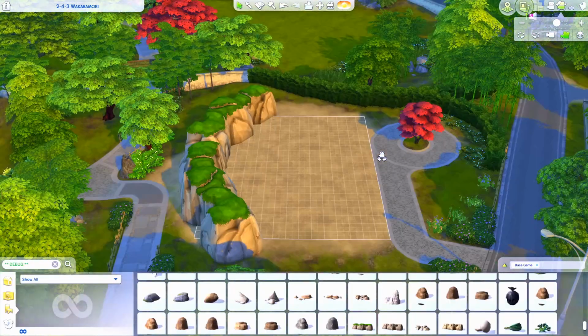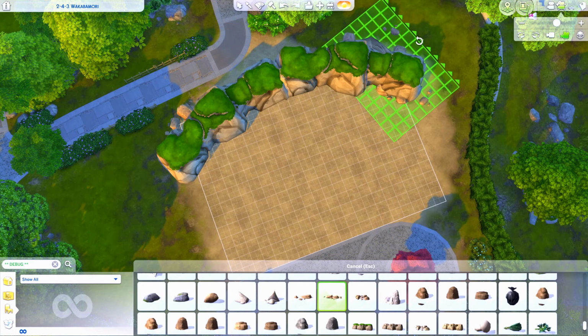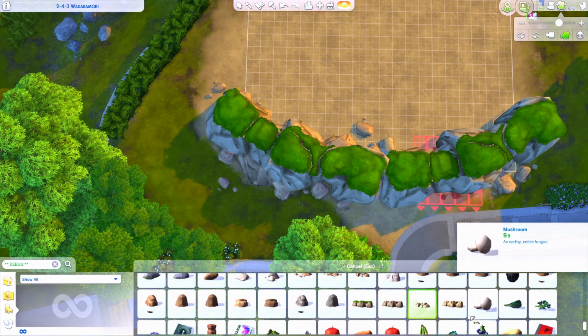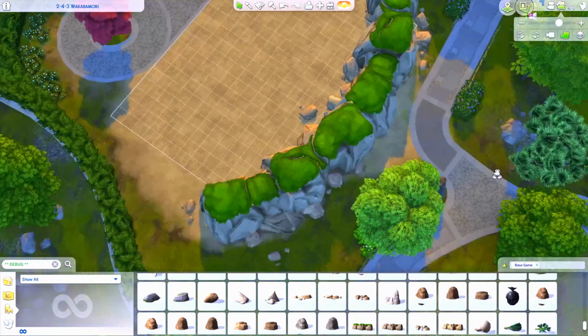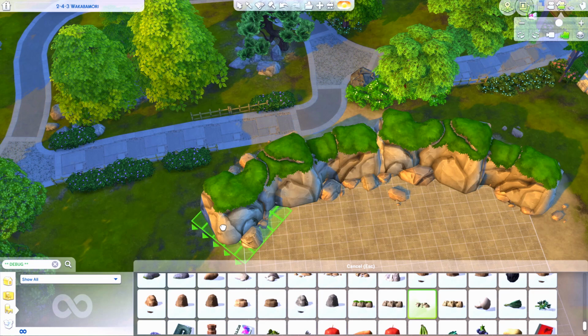Today we are going to be working on another Mulan themed build, and this is for the Huns, specifically Shan Yu, who is the main villain character from Mulan. This will be his residential, along with a couple of other Hun characters that are sort of in the background